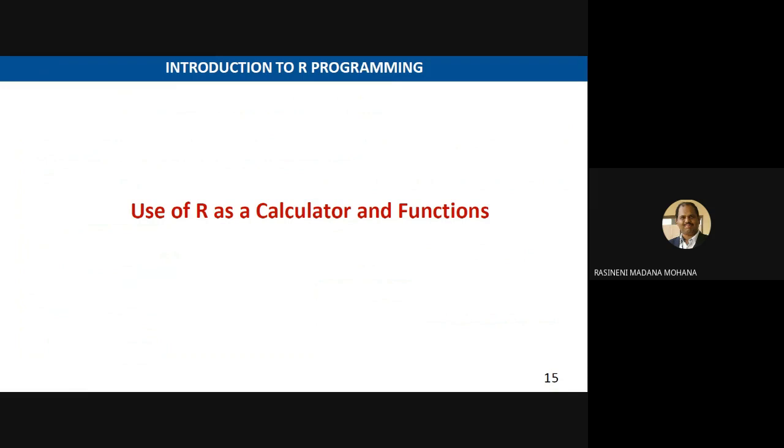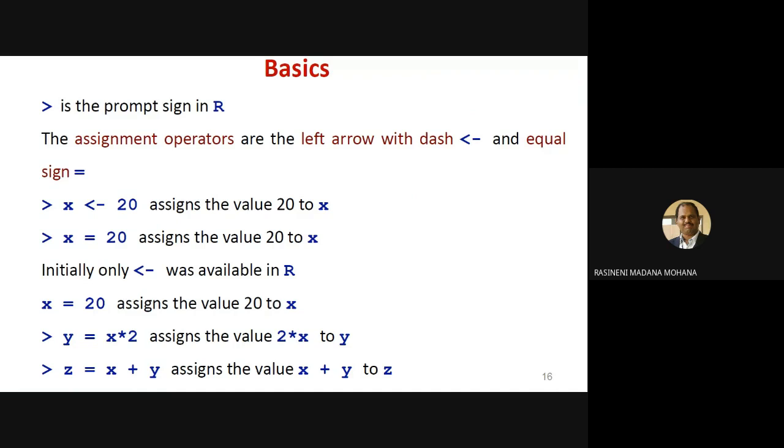Whatever I am demonstrating, practically I will show the execution also. So now first we will see the first concept, the basics of R. R can be treated as a calculator, like our computer calculator or our mobile calculator. Whatever basic operations we have to compute, all can be computed using R software. Then we also have some inbuilt functions. So using functions, we can compute all the operations. Now let us move to the basics of the R command line interface.